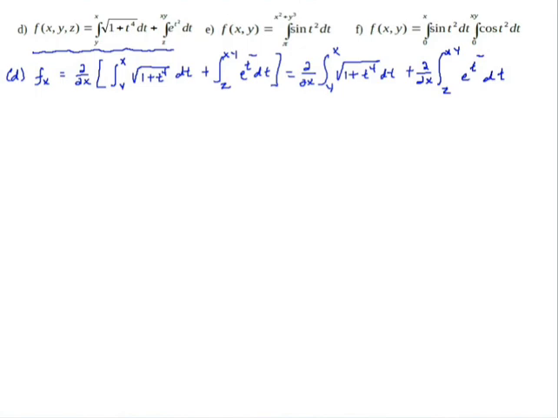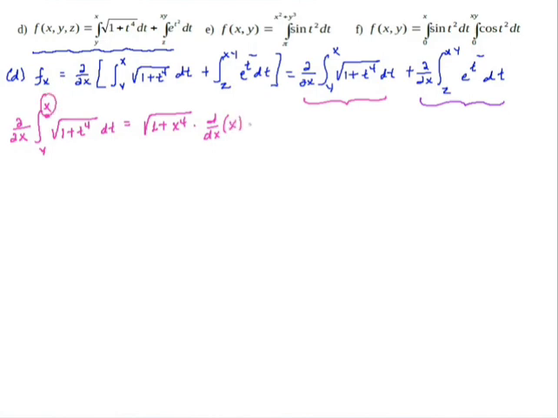Okay, now here we work on these separately, using the fundamental theorem of calculus for two variables. So I'll work on this part I marked in red separately. Using the fundamental theorem of calculus, the partial derivative of the integral from y to x radical 1 plus t to the power of 4 dt: in the radical 1 plus t to the power of 4, we first substitute the upper limit for t, giving x to the power of 4, times the derivative of the upper limit, minus